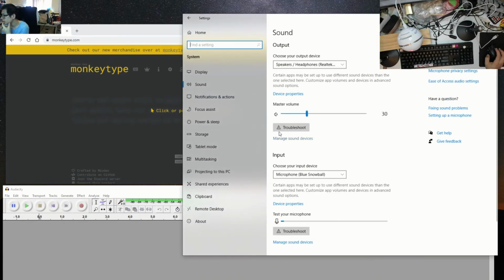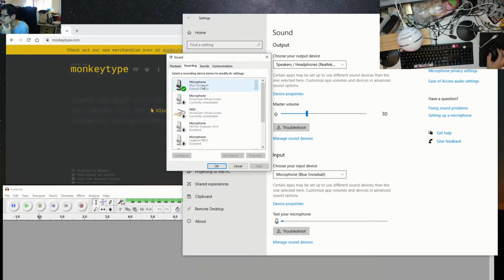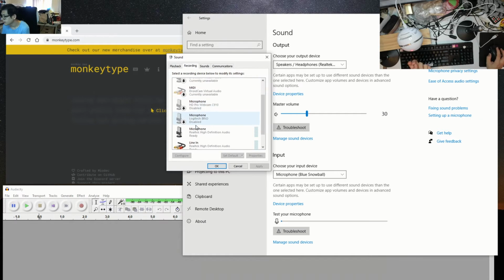That's not quite what I'm after. So I'm using that. Okay, so this is the one that I was after. Recording. Right, so right now the blue is the default. You can see I'm clicking and it's picking up on the blue. And the other microphone, which is that one there, if I dial that down,